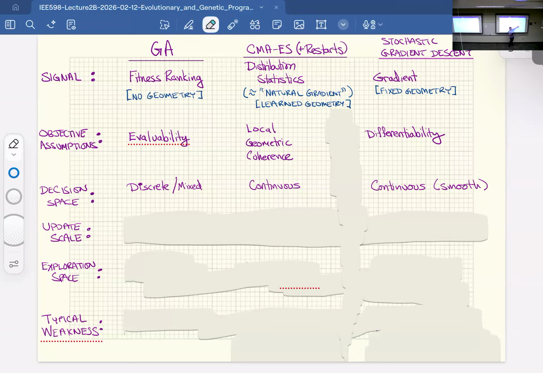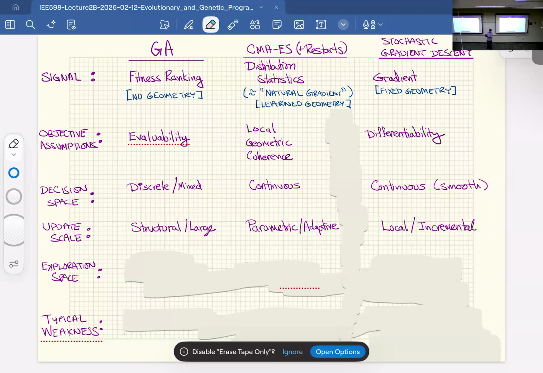And then gradient descent's even farther than that. Not only can I move in infinitesimal amounts, but everywhere I've got to have some notion of smoothness. So I have to have differentiability. So I can move in infinitesimal amounts and I'm not going to ever get a step that I'm going to trip over. So you get more and more constraints in terms of your decision space. So there are fewer problems you can solve with solutions on the right-hand side than you can with solutions on the left-hand side. Questions so far? Did I go too fast?